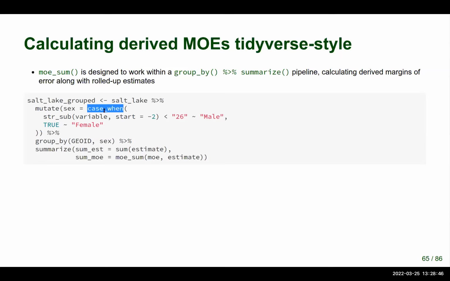It's a little bit more advanced, but it says, okay, some of these variables reflect males, others reflect females. Let's create a new sex column to show that. We'll group by our census tract ID and the sex column, and then create new derived columns that sum up within these groups. The estimate column is going to be our new derived estimate. Then we use the MOE sum function, which takes 2 arguments, the margin of error and the estimate, to create a derived margin of error. And if we run this through,